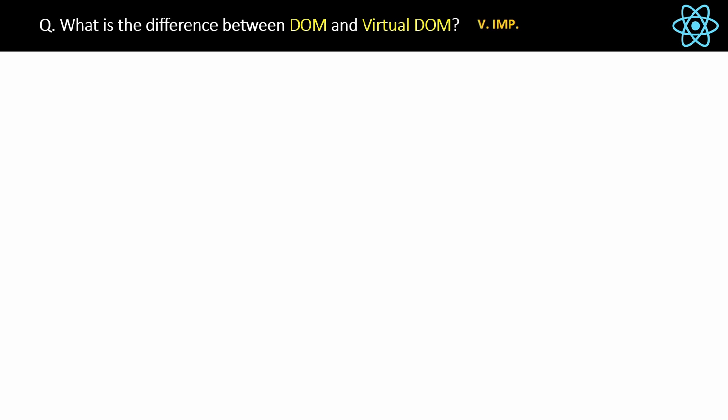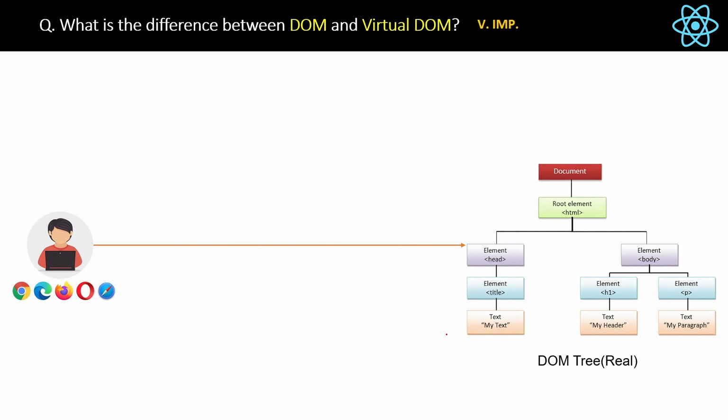What is the difference between DOM and virtual DOM? In the previous question, I explained DOM, and how we update the DOM whenever we make any changes in the web application as a user in the browser. Now the question is, what is the difference between DOM and virtual DOM? Why do we need virtual DOM in React at all? We already know DOM is a general concept for browsers, but virtual DOM is specific to React only.